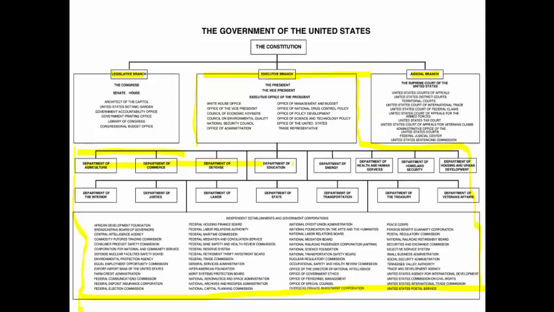Here are the cabinet level departments that we'll look at in a little bit more detail here in a second. There's 15 cabinet level departments. And then down here we've got hundreds, because we're not going to be able to see all of them. These are just some of the major independent agencies and commissions that we have in the federal government. So that gives you kind of a general idea of the org chart of the executive branch and all of these people that work in this executive branch doing the day-to-day functions of government. That's what we generally call the bureaucracy.